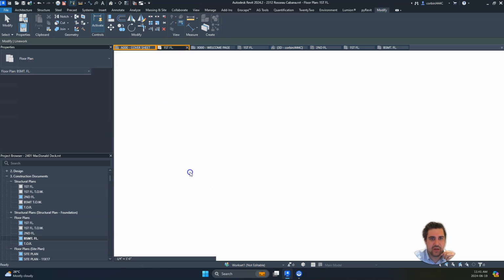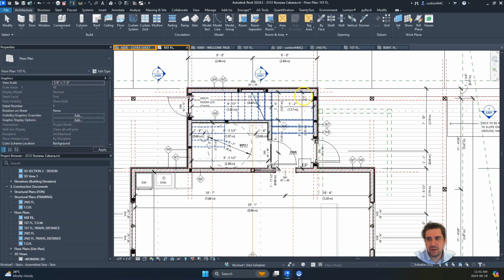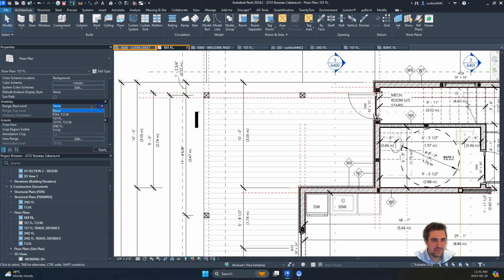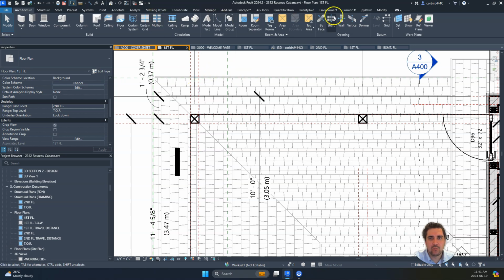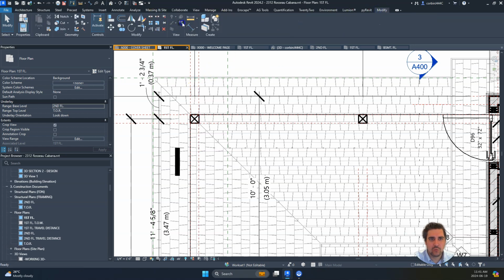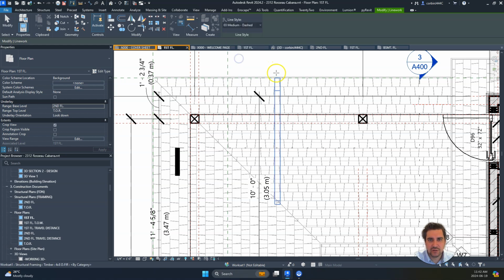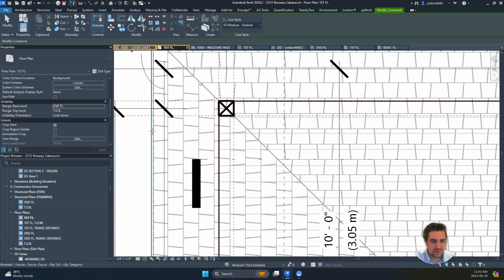Another good example of that is on this project. We have an overhang of a roof that extends around here, and so if we go over to here, again, do the same thing. We turn on the underlay for the roof above, so we can see that underlay. We can go to our override line work button, and again, we can do our medium dashed lines, and we can select, and in this case, I'm being careful not to select